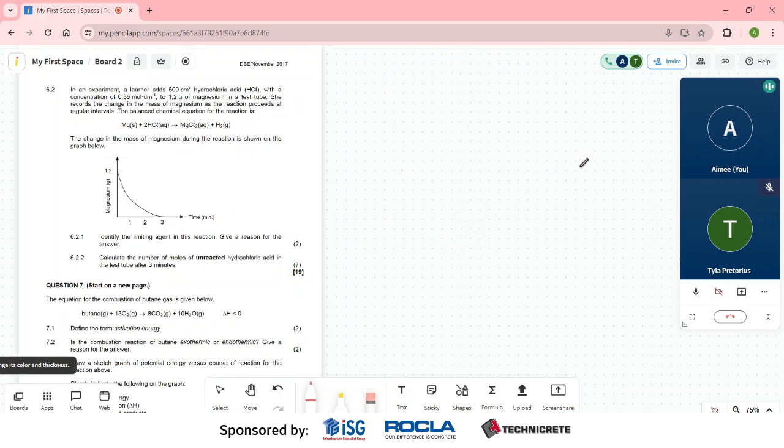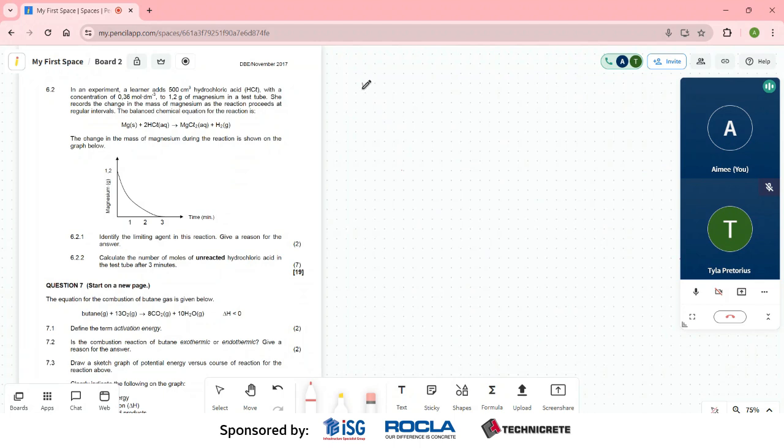Okay, now it says 6.2.2, calculate the number of moles of unreacted hydrochloric acid in the test tube after 3 minutes. Okay, so we first need to determine, okay, well, if 1.2 grams of magnesium is completely used up, we need to first determine how much HCl that will use. So